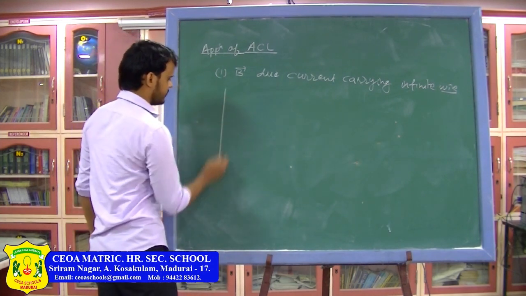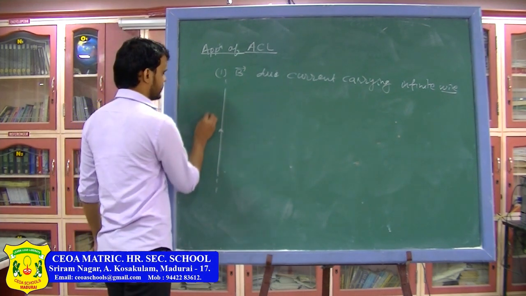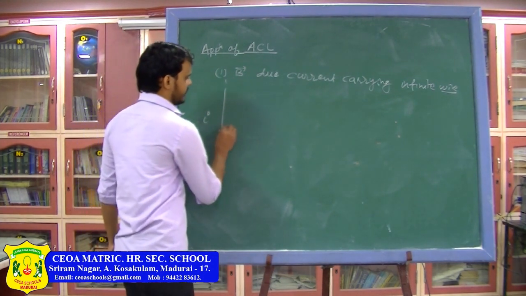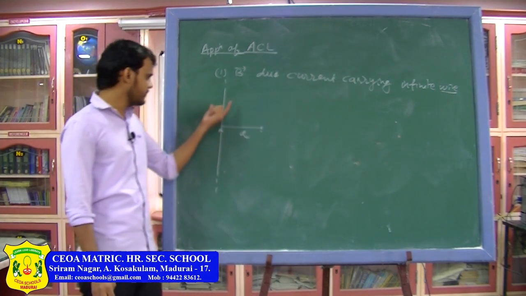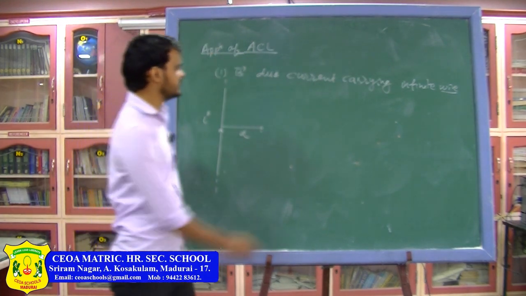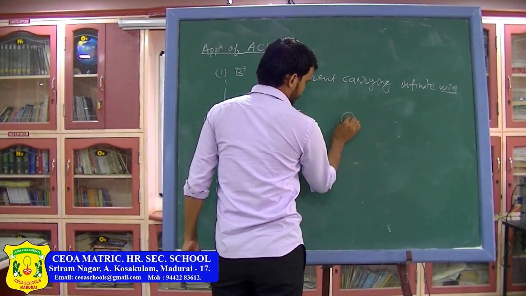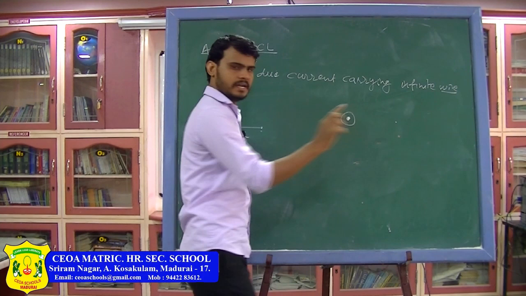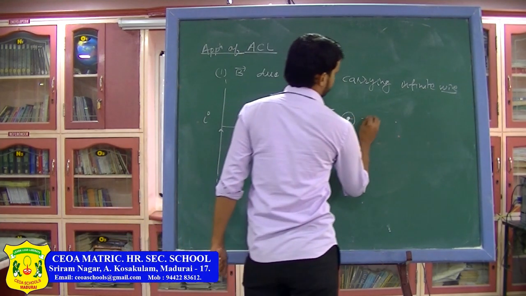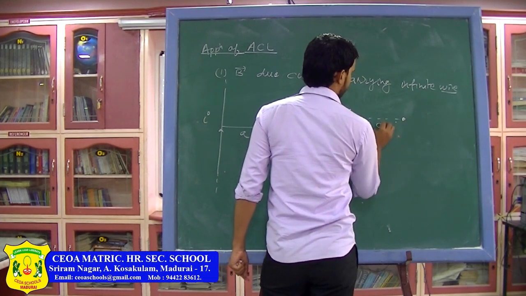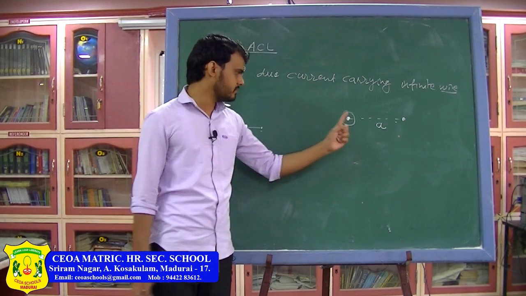So, basically you have a wire which is infinite in length and the current in the wire is I. You want to find the magnetic field at a distance a from the wire. If I see the wire from the top, you will see the current is coming out. So, this is the wire and this is the direction of the current. Here the current is coming out and I want to find the magnetic field at this point due to this current carrying wire. Remember, it is an infinite wire.